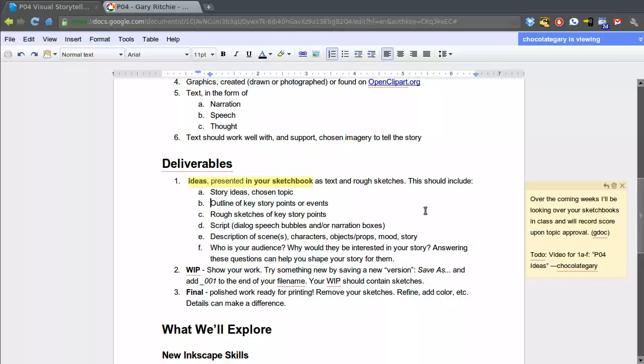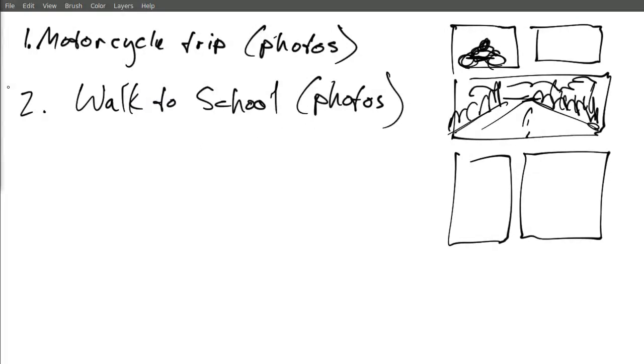So what about an outline of key story points or events? Well, I actually had some sketched out in my real physical sketchbook. And let's outline those here. So we're not going to do that one. So let's look at the story